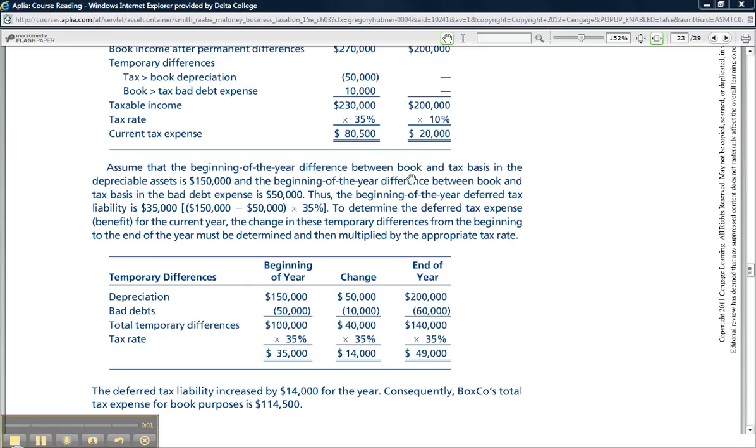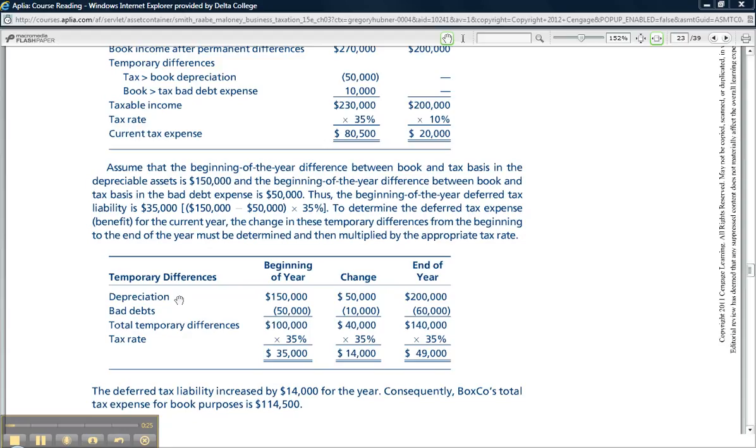So we just looked at how to calculate the current tax expense for this company, or these two companies, and now let's look at the deferred. How you calculate the deferred tax expense or benefit. Essentially, we're jumping into a situation that's been ongoing for years now, and as of the beginning of the year, you have this depreciation item